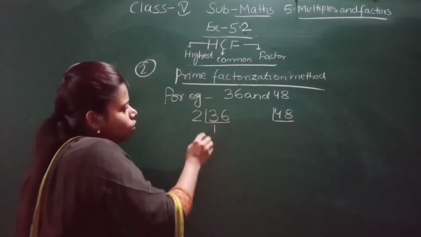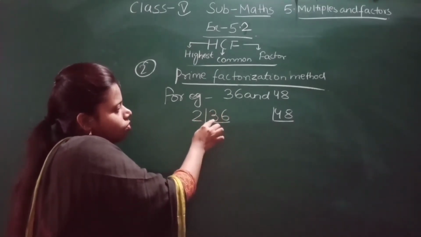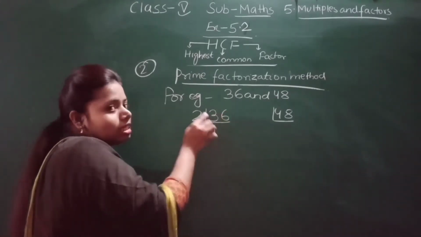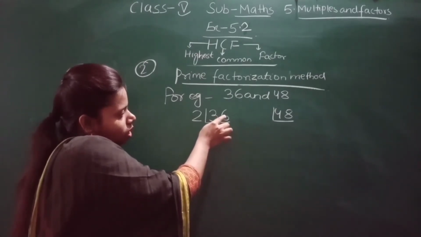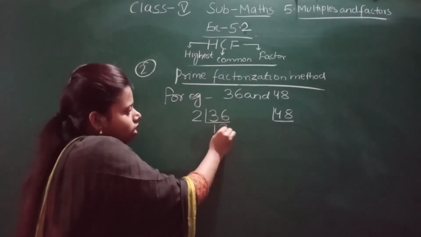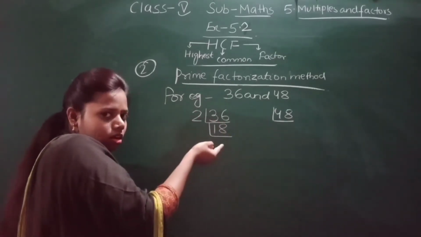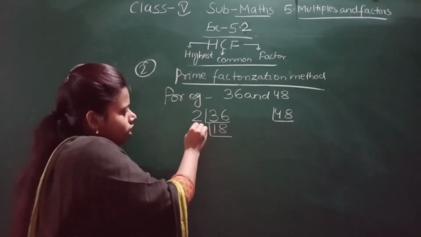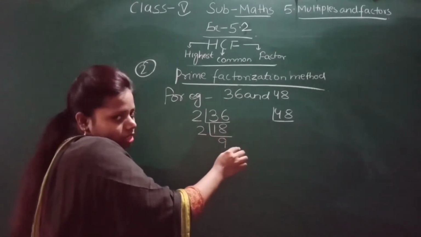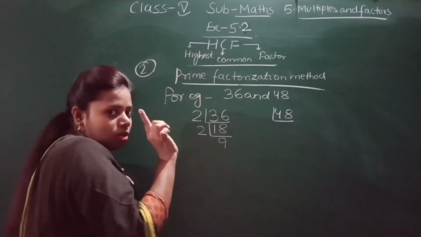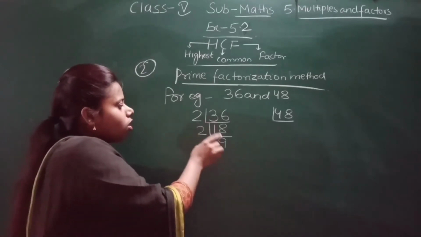2 ones are 2. We are dividing here. 2 ones are 2. But here 3 is there, no? So we will give 1 carry to this. It will become 16. 2 ones are 2, 1 carry given, it becomes 16. So 2 how much is 16? 2 eights are 16. Now this 18 will again come in the table of 2. It is divisible by 2, so we can write here 2 nines are 18. Don't write here that 9 ones are 9 again. No, we have to use only prime numbers, and prime numbers means which comes in its own table or one table.